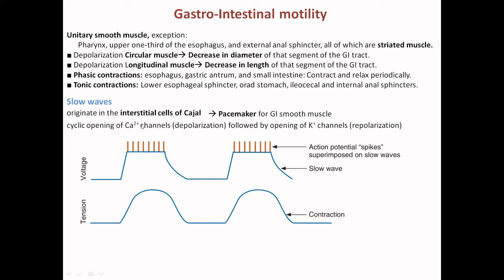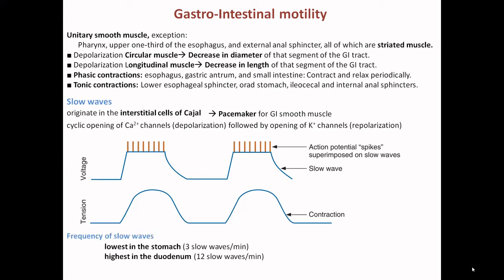So it can be circular muscle contraction, it can be longitudinal muscle contraction, they are in coordination. So the slow wave itself is not an action potential, but it determines the pattern of the action potential because the depolarization that happens in the slow waves takes the depolarization level to a threshold, and when it reaches the threshold, there is an action potential. And because of that, there is contraction.